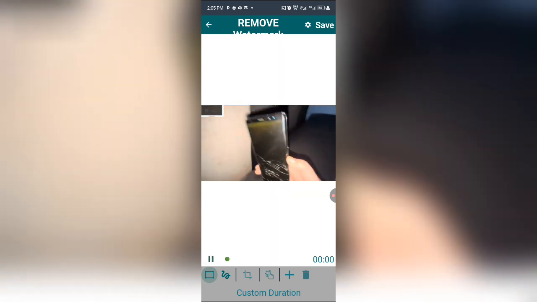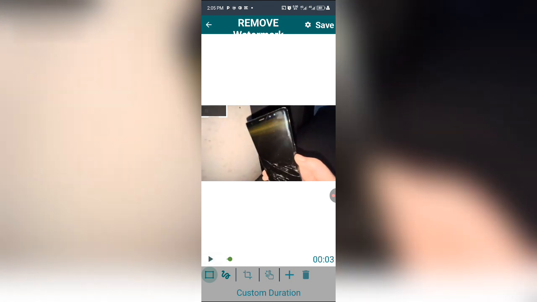Here is the video. Now we just have to carry this scale and make it cover the area where the watermark is located. Here, just like this. Now this is the video. We just have to click on save,